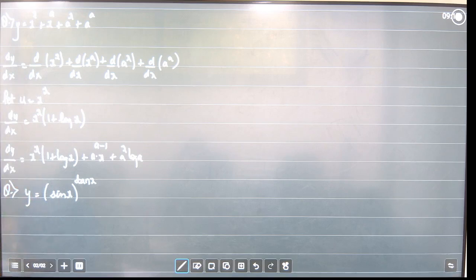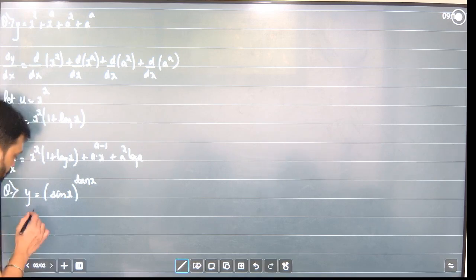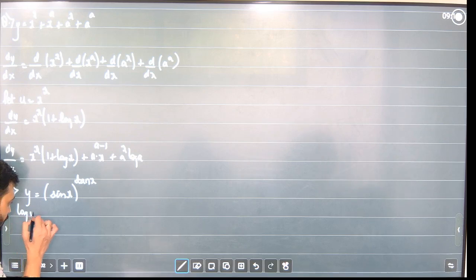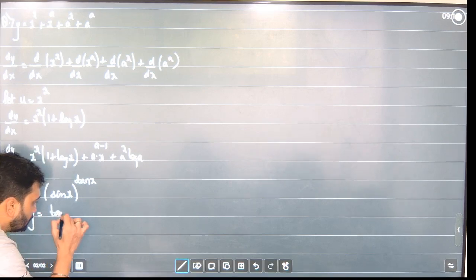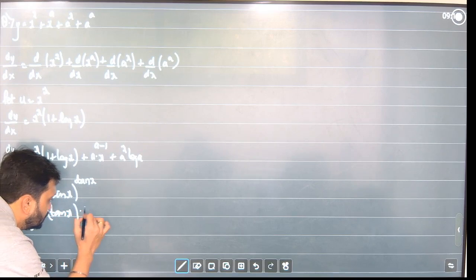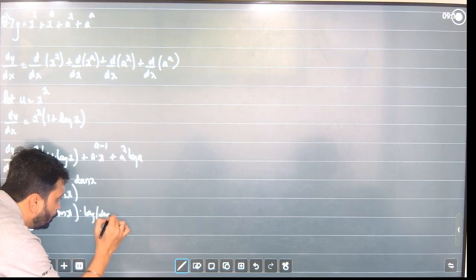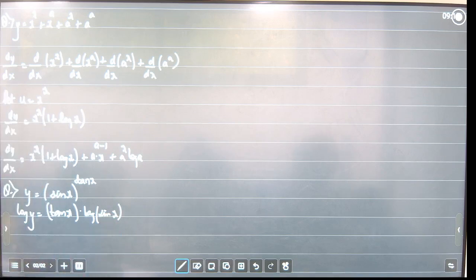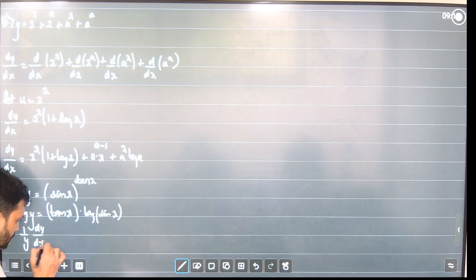I know this is logarithmic differentiation because it is a trigonometric function raised to a trigonometric function. When I take log on both sides, this will become log y is equal to tan x into log sin x. And when I differentiate this, this will become 1 upon y dy by dx is